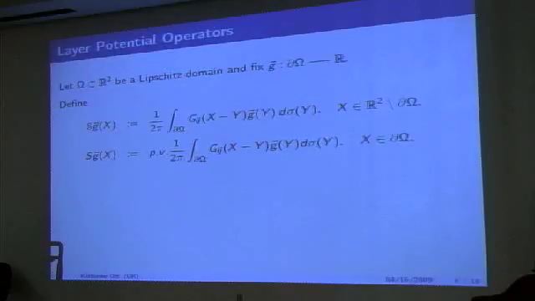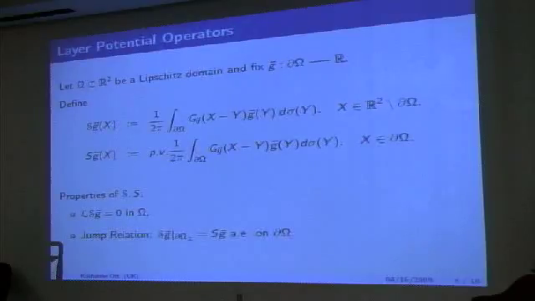And then we have what we call a boundary version of this single layer potential operator, which I denote with a block S, and now we're taking our x from the boundary of our domain, which will introduce a singularity, so we have to consider this integral in the principal value sense.